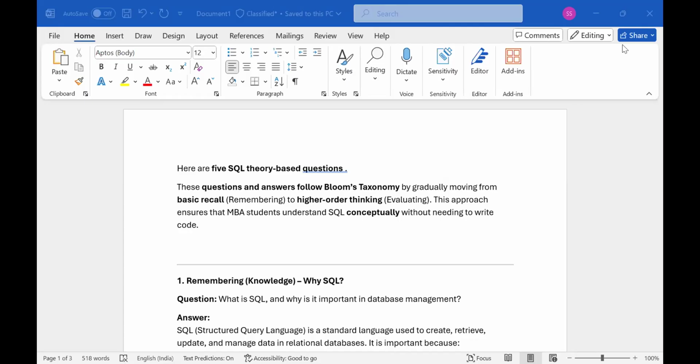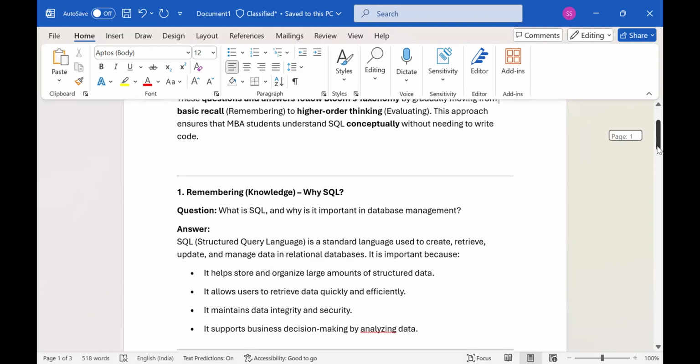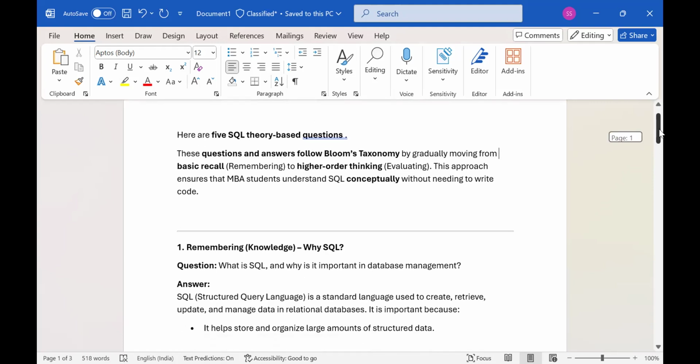So I've tried to put together some questions, SQL theory-based questions, which can be expected in any exam, especially MBA exams. Nowadays, these questions follow Bloom's taxonomy, because we are all moving from basic recall, which is remembering how to code, what is the structure of the code, to higher order thinking, where we should be able to evaluate and write a code